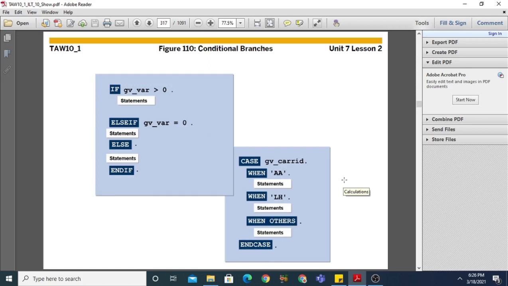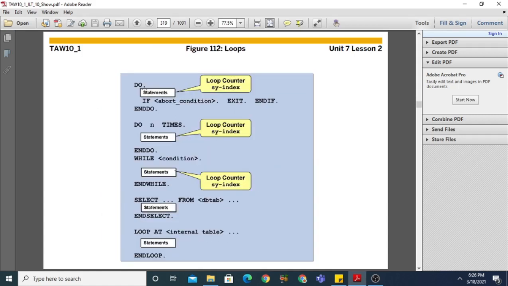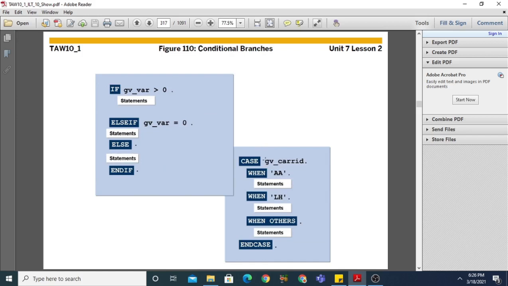Now come to the next topic, which is the most important topic of SAP ABAP programs: conditional branches. As we know, the structure of an ABAP program is made up of processing blocks, and various conditions and loops can be implemented in SAP ABAP programs by using the standard keywords, which are if, case, do and while. These are the keywords that we can use for conditional branches and looping statements. So in ABAP, depending on a certain condition, you can execute various sequences of statements.